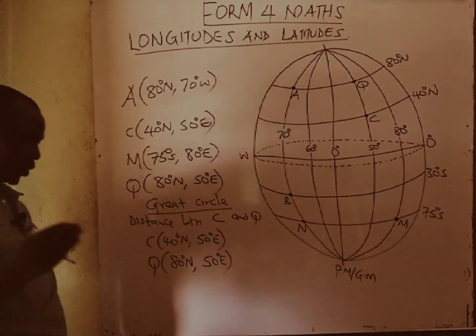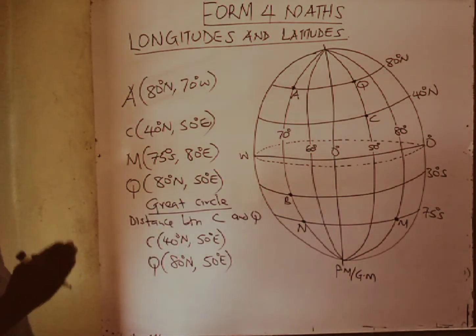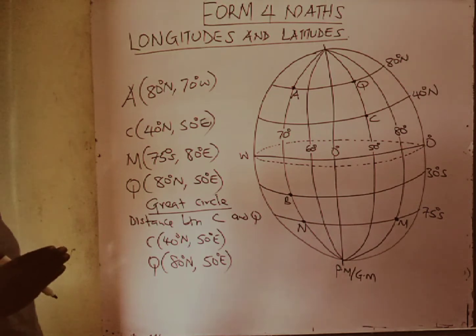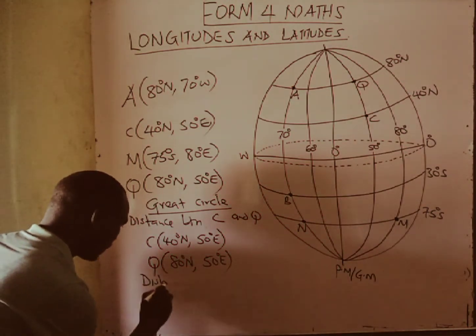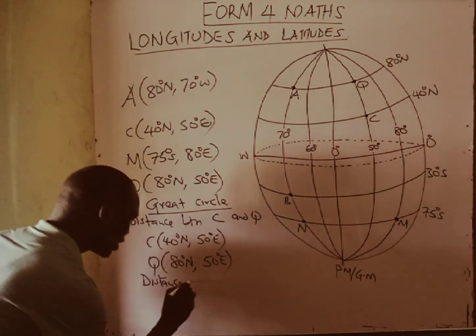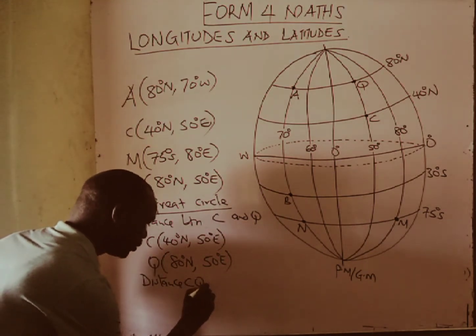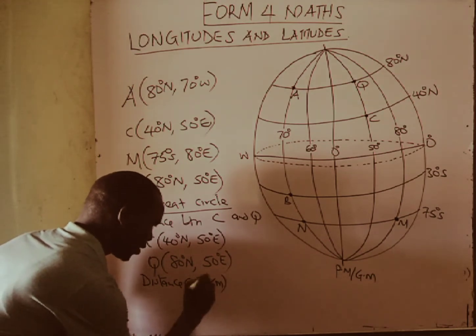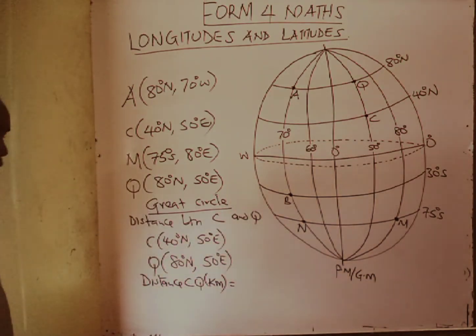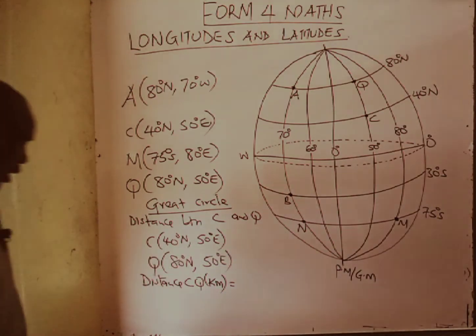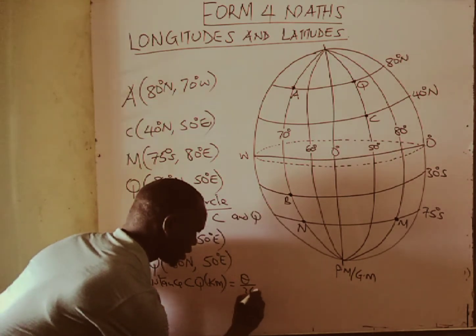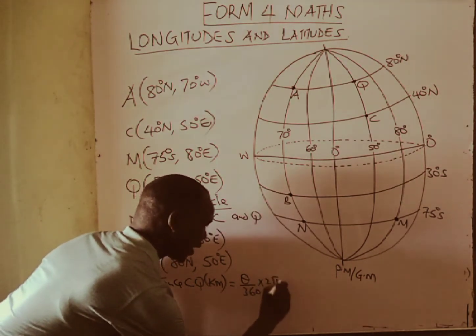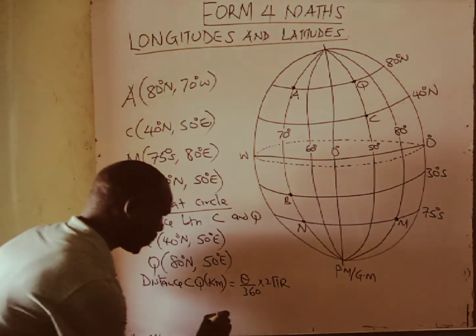Distances between any 2 points on the Earth's surface can either be measured in kilometers or in nautical miles. If you want to find the distance between C and Q in kilometers, then we say distance between any 2 points that lie on a great circle in kilometers are given by theta over 360 times 2 pi r, where our theta